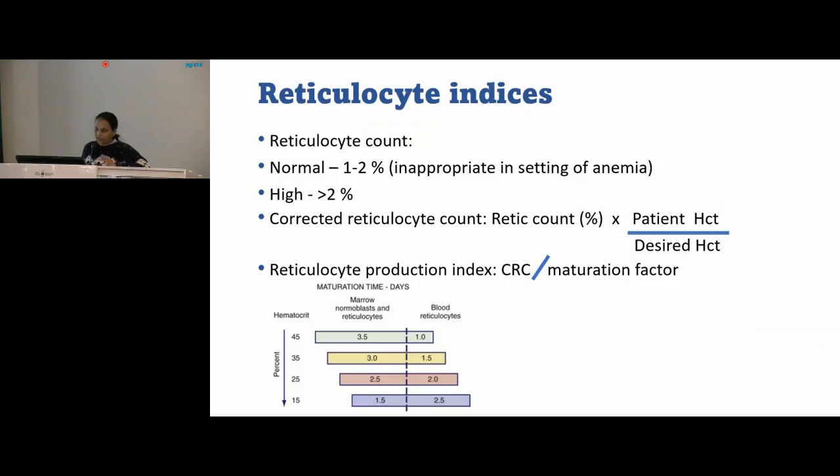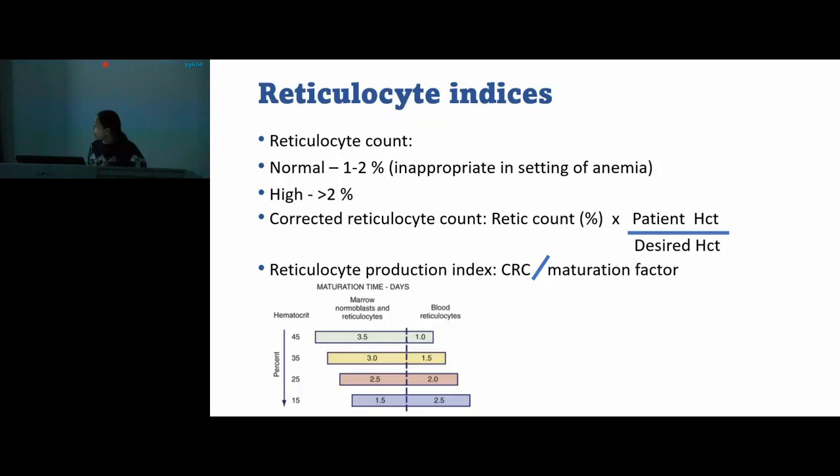And then we have to decide whether it is an elevated reticulocyte count, or a reticulocyte count which is elevated just because of the anemia, but that is normal compensation. Similarly, another index is this reticulocyte production index. This is also, again, to find out the amount of bone marrow response, whether it is